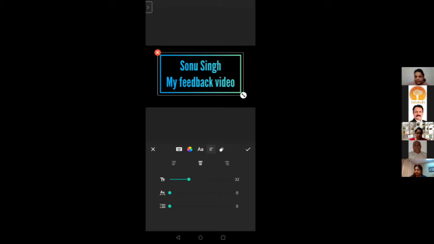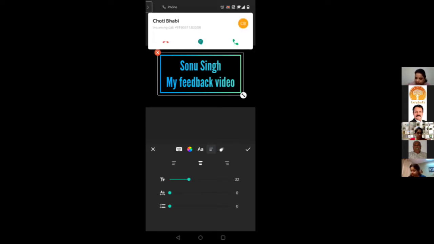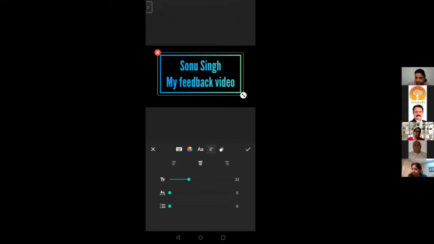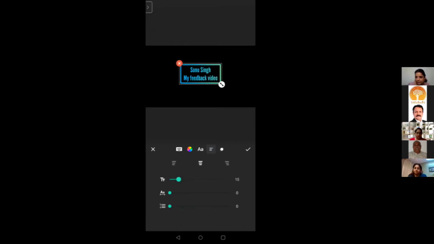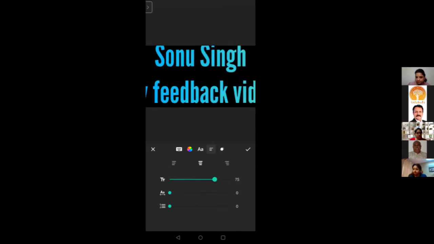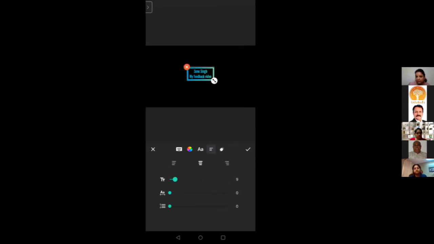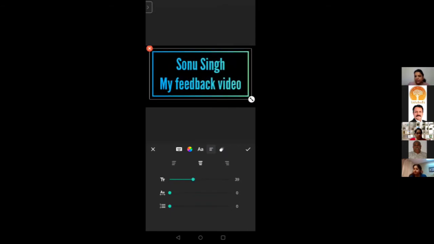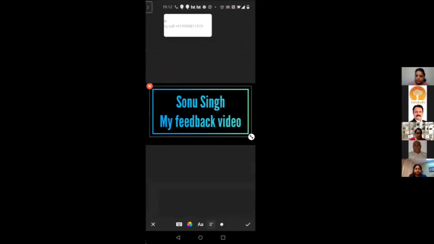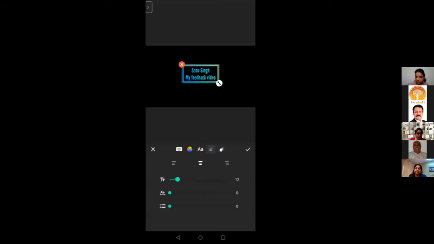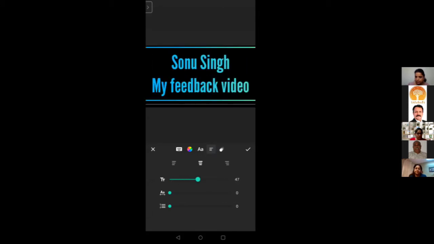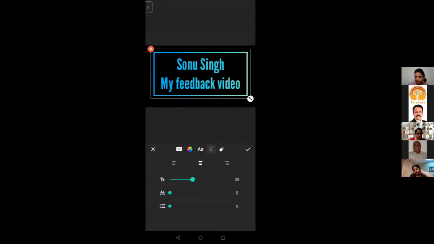Okay. Now ये जो TT है, which is like capital T and a small t, what it does is, instead of you zooming out physically from there, this also can do the trick. So hold that bar and zoom in and zoom out. You just hold the bar and keep on moving. It will do it. So you can adjust it.